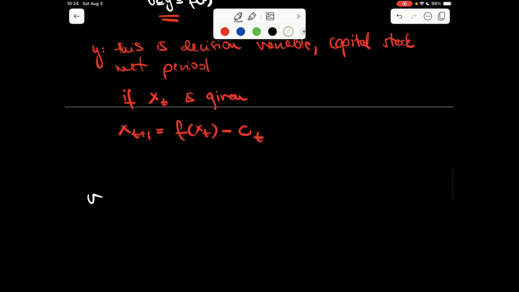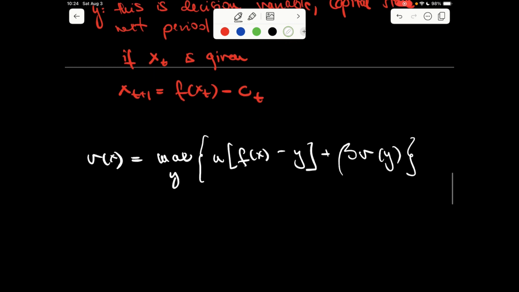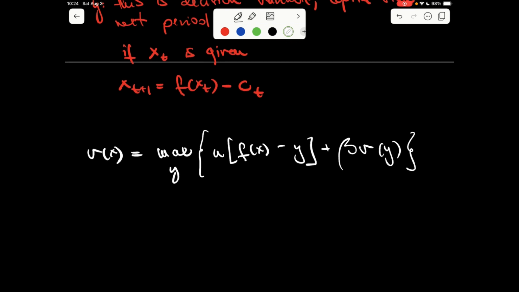Okay, let me rewrite the Bellman equation. So we maximize the left-hand side of the Bellman equation with respect to capital stock next period. So all we need to do is to differentiate the Bellman equation with respect to the control, the decision variable y. So the first order condition is